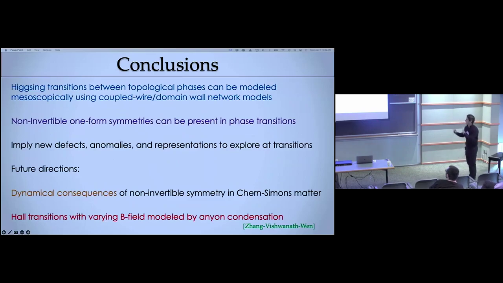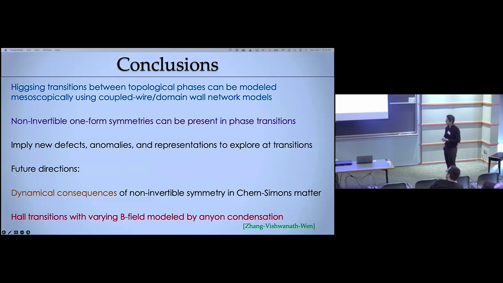Okay, that's my examples. We have more examples in the paper, but let me sum up. So we're trying to model here Higgsing transitions between topological phases mesoscopically using something like a coupled wire or a domain wall network model. And one of the things that I told you is that once you latch onto that model, you can find examples where there's non-invertible one-form symmetries present across the phase diagram. And these are interesting in that they imply new conformal defects, new anomalies, and perhaps some interesting representation theory to